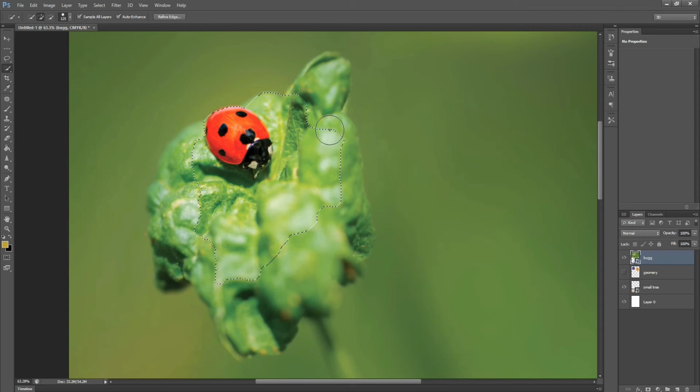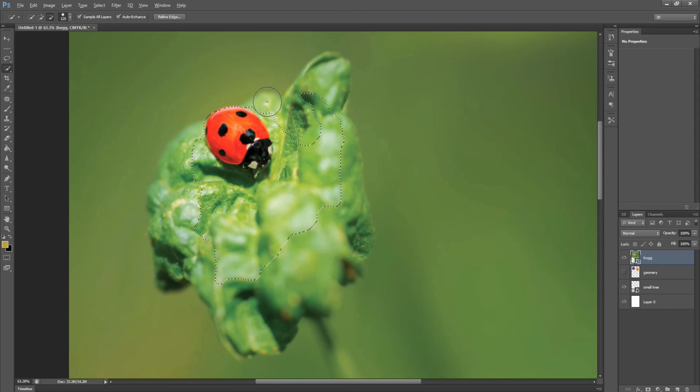If we want to increase our selection, press the Shift key, Shift means plus, and click on the area, and we can increase it. It has selected everything. When we want to decrease the area and select this bug only, Alt click so that we can decrease the area.